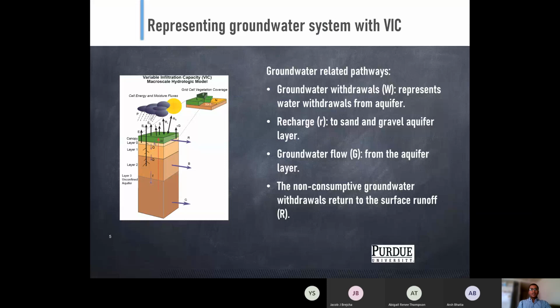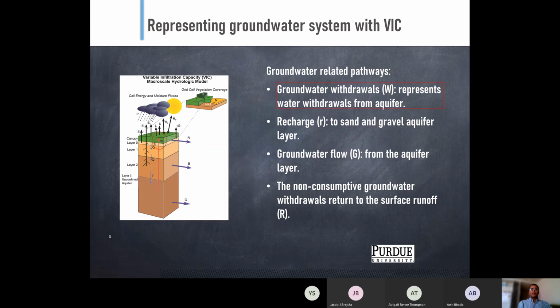Any question about that specific model? Okay, if not, so how are we going to represent the groundwater system in this model? Okay,